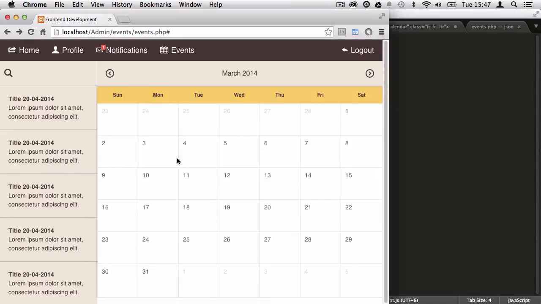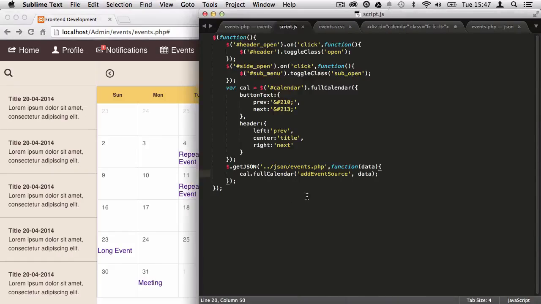Once you do that, save it, and that data will be passed to the full calendar plugin, and then it will take the data and interpret it. So then what you get is your events. It's that easy. And now that we've done that, it's made this very accessible for us for the